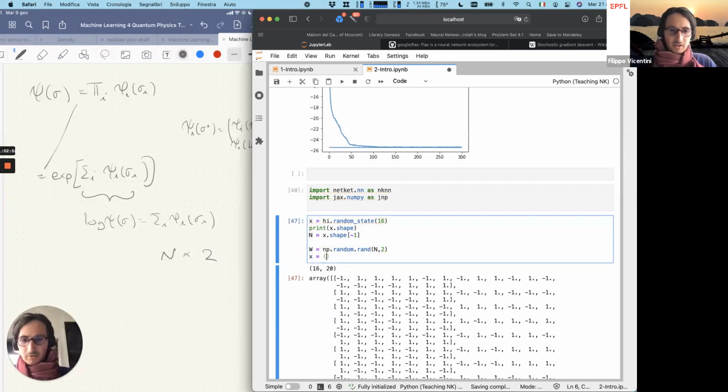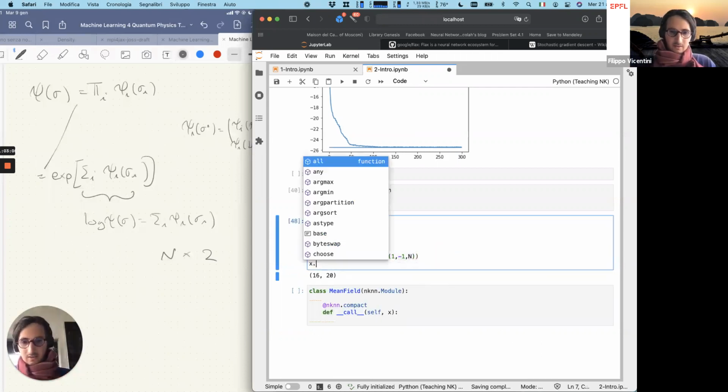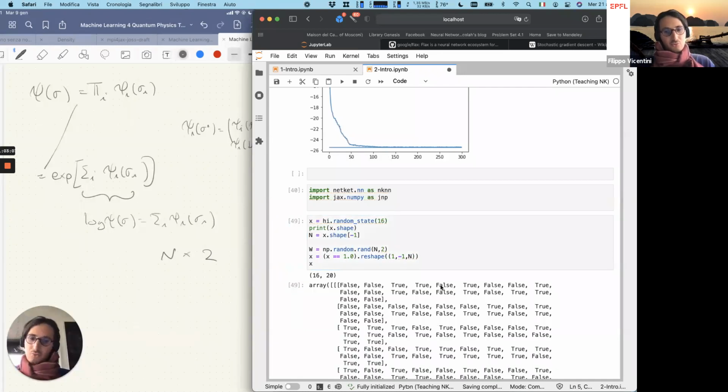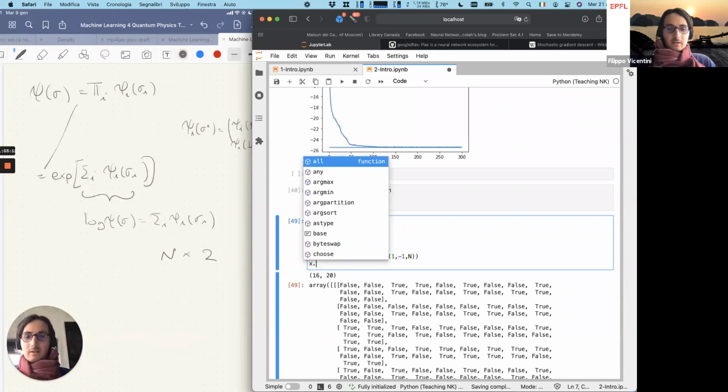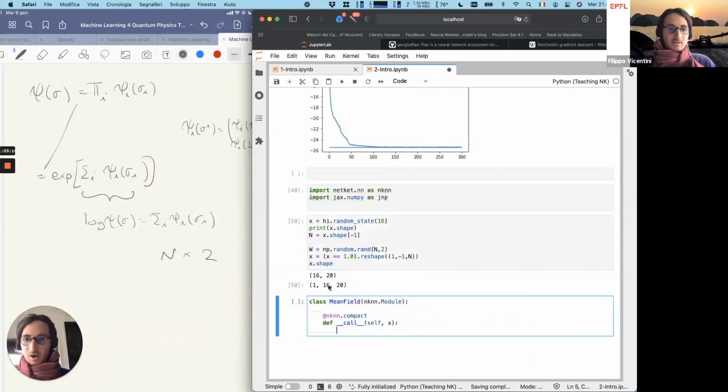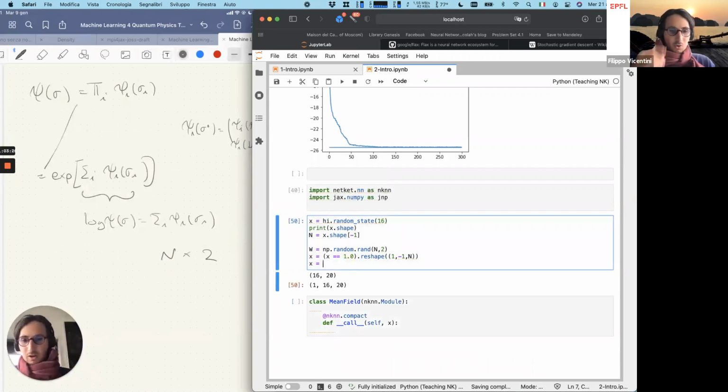So what I can do is first convert them to a logical true and false, so 1 and 0, and reshape it so that it has an additional dimension. Essentially now x is either false, false, true, true, false for up and down, just that it's easier to work with. And it has a shape which is 1, 16, 20. So I added another dimension, and you will see why right now. Now I want to double the size of this object. So I want to concatenate the negation of x,